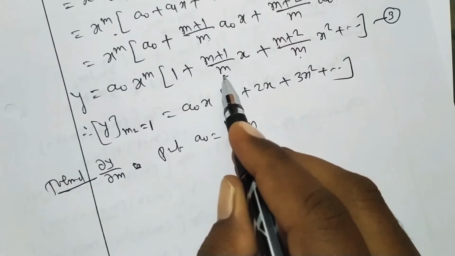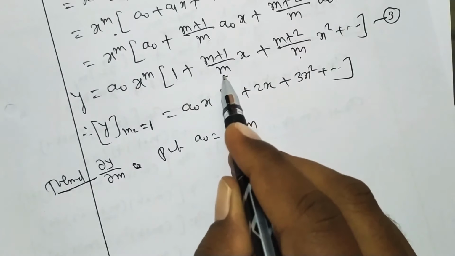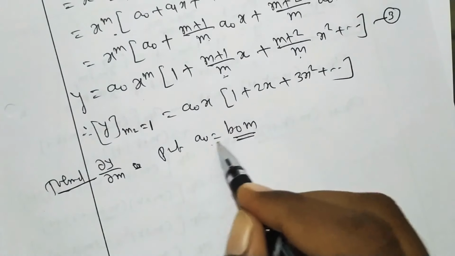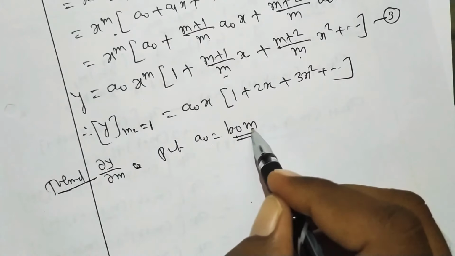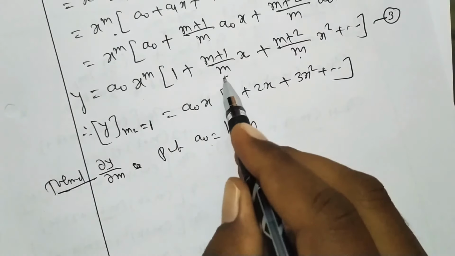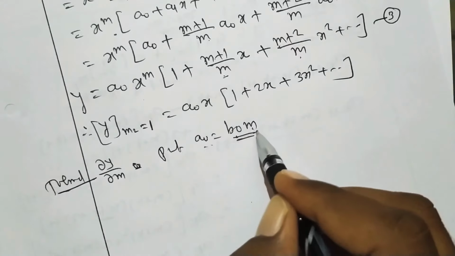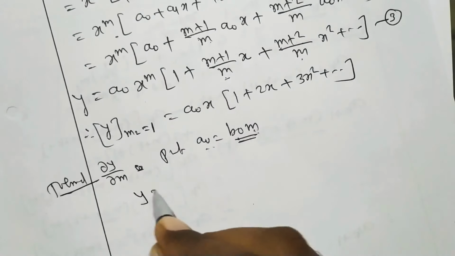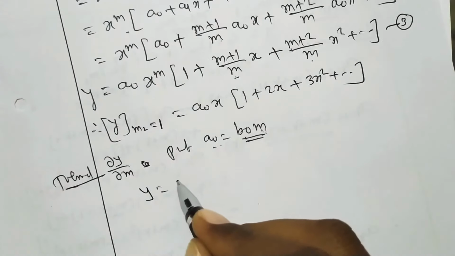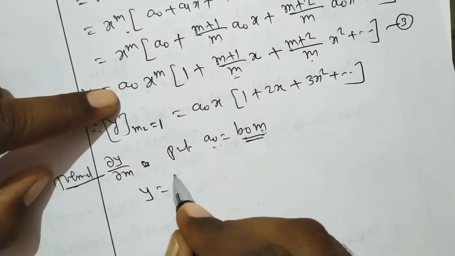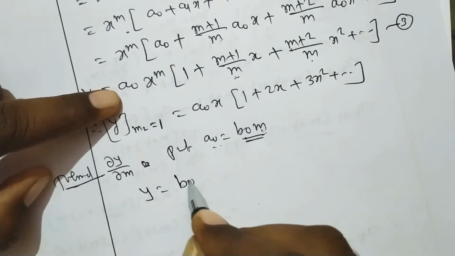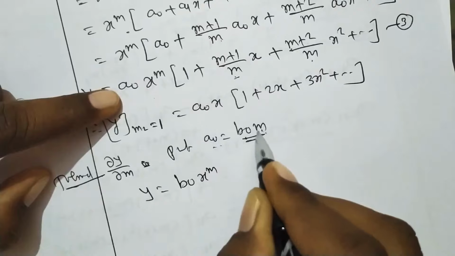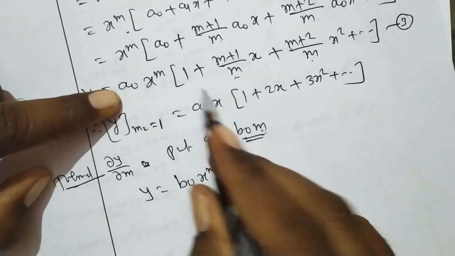For example, if you have to put m equal to 2, then m minus 2 will come. Okay, so put a0 equal to b0 into (m minus 2). Here m is there, so put a0 equal to b0 into m and rewrite y again. So y, how we write here: a0 is b0, x raised to m, and this m, when I multiply inside, then m into 1,